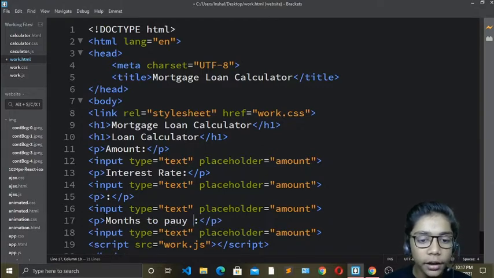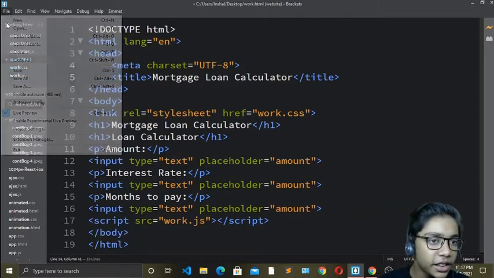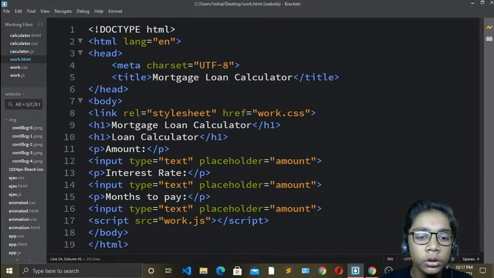Now when you've done that, come over here again, and here I will write like this, and here you have to erase this thing because we don't need it. Hit save, and now your HTML has been done. So now we are done with our HTML, and now we have to go to CSS and style that.